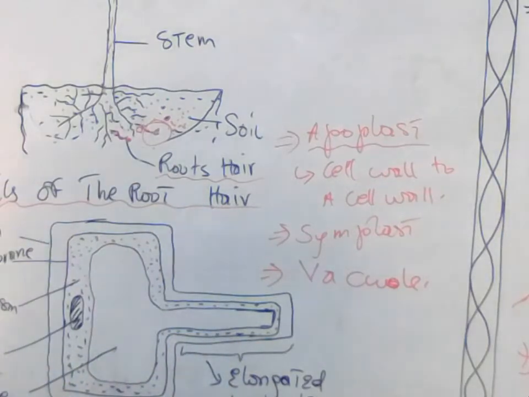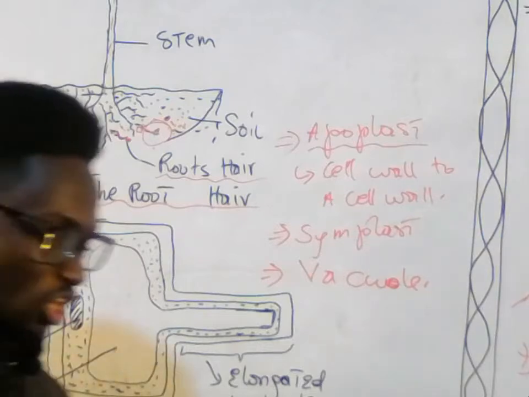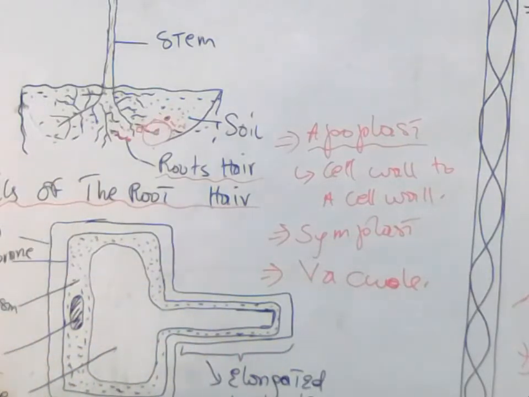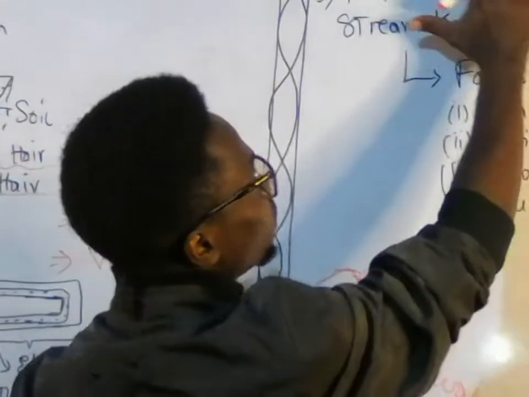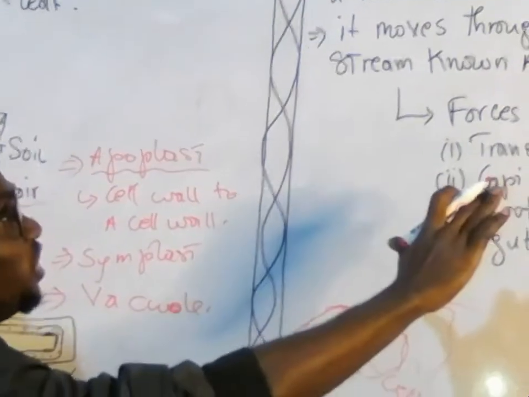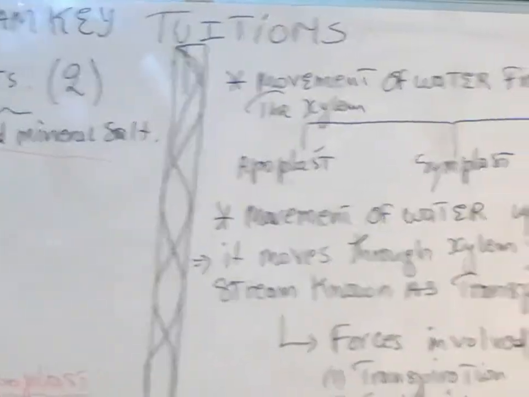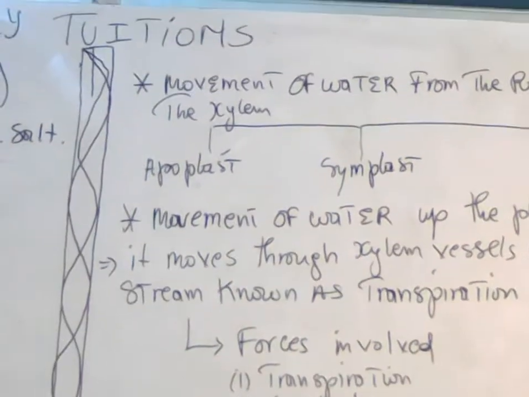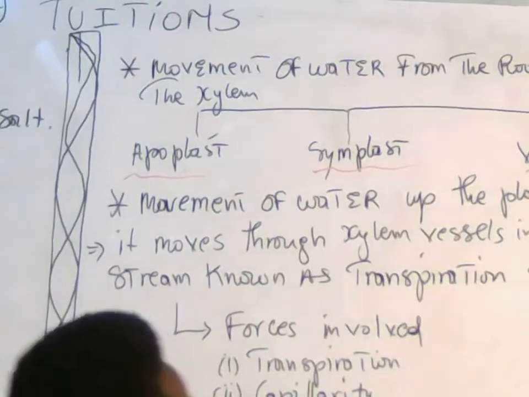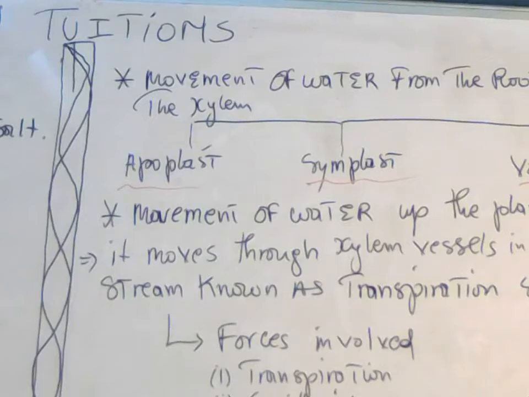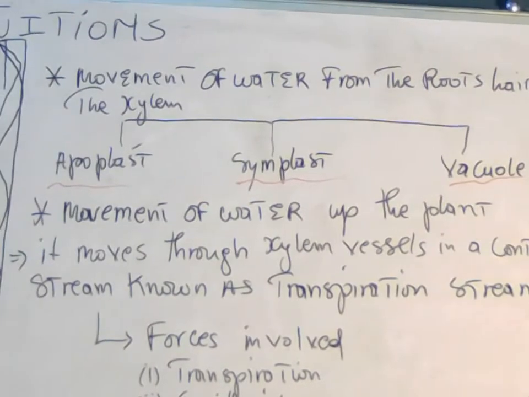Now, the next thing that you need to know is, how does water move from cell to cell? If you look at this side, I've already given you what I was talking about. I've just made the summary of it. The movement of water from the root hair to the xylem uses three processes known as apoplast, symplast, and the vacuole. Okay, these are the routes it moves by. Then the other thing you also need to know is how water moves from the xylem to the next xylem,